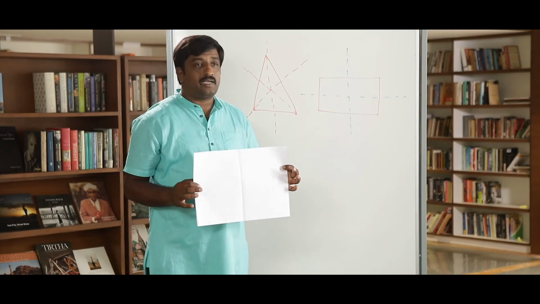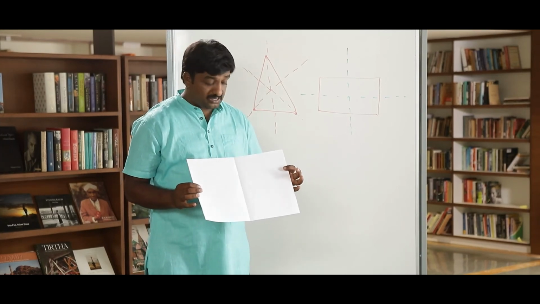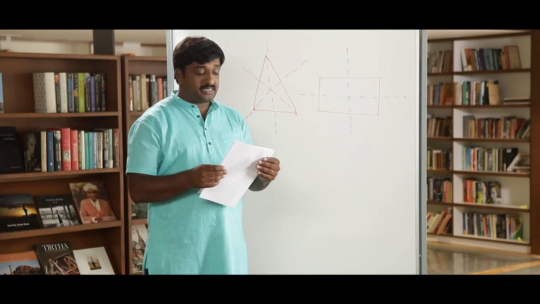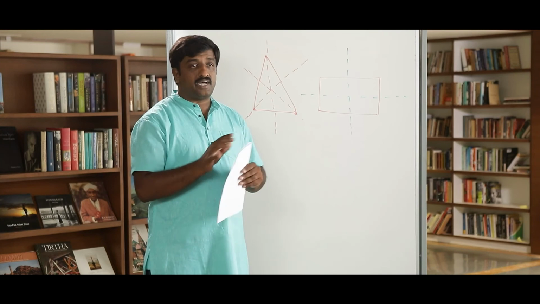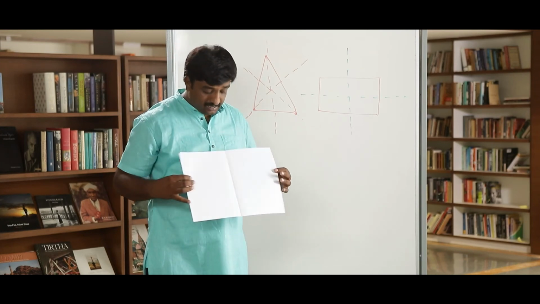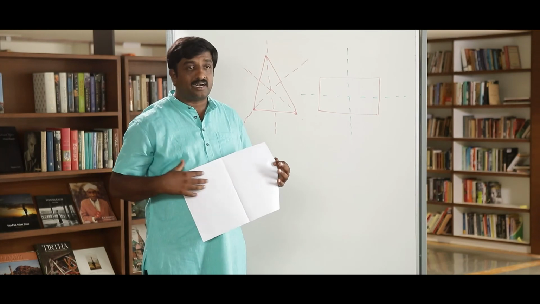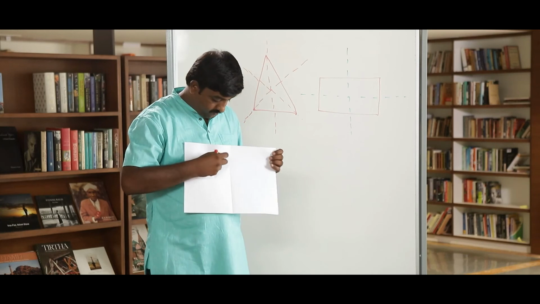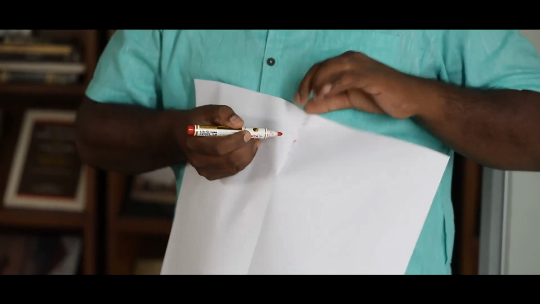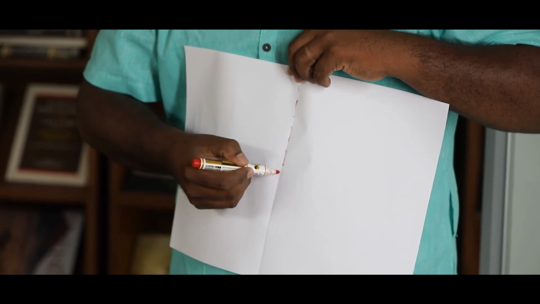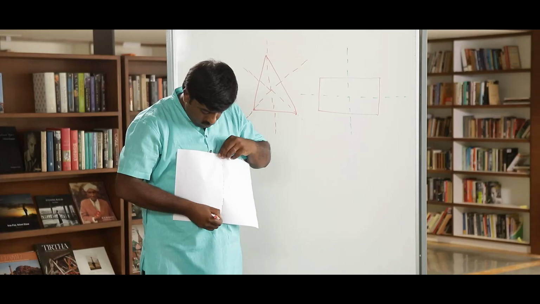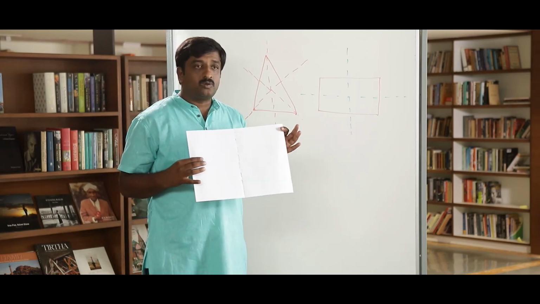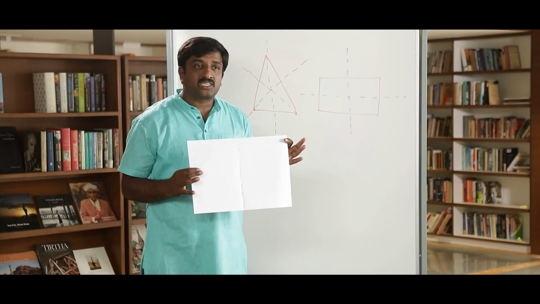Here I have a white sheet. This is a regular white sheet. If I fold this white sheet in a particular way, fold it at the center, we see a line in the middle. What shall we do with this line? Let us mark it. What I have marked is the axis of symmetry of this shape.